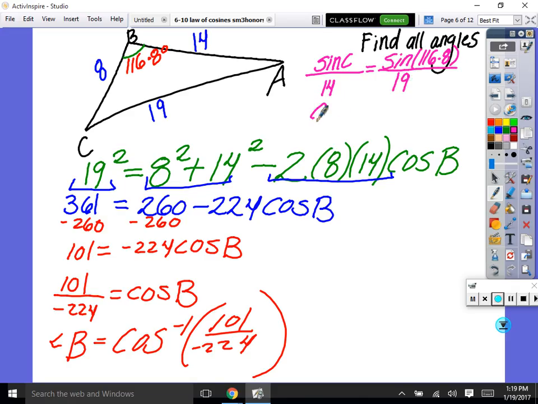Now it's algebra to get C alone. So angle C will be sine inverse of 14 sine of 116.8 over 19. And once again, if it took you a second to go through and do the algebra, that would absolutely be fine. So angle C comes out to be,